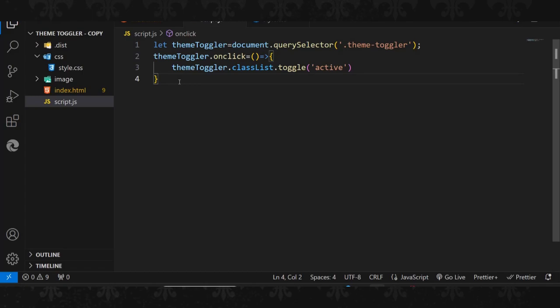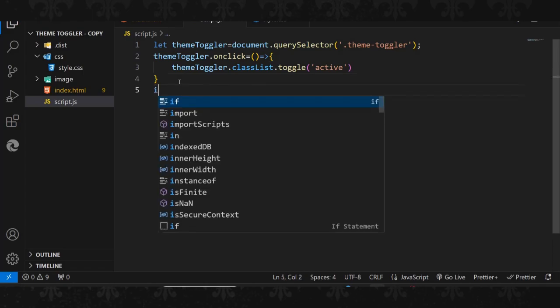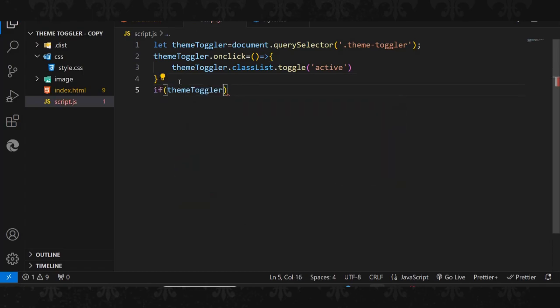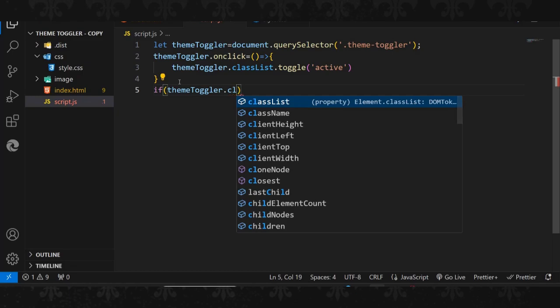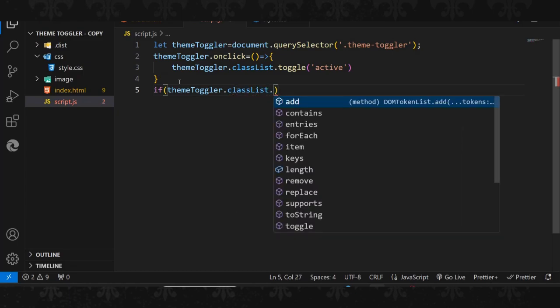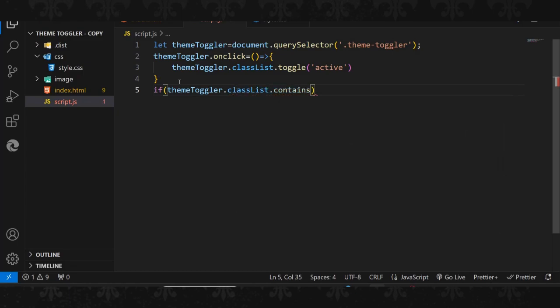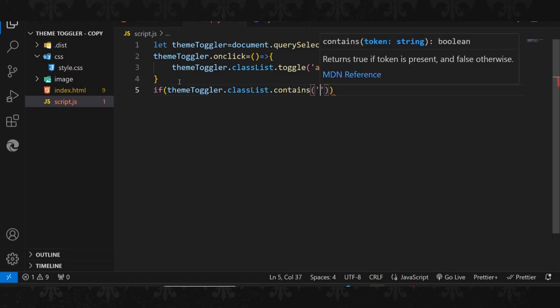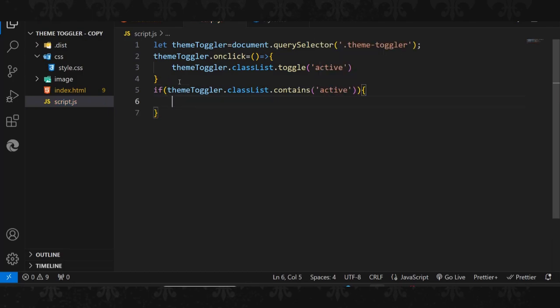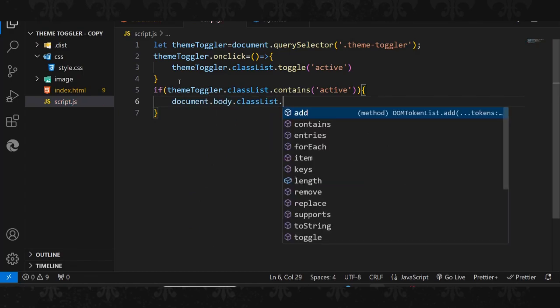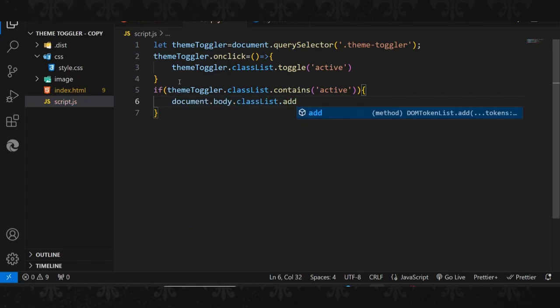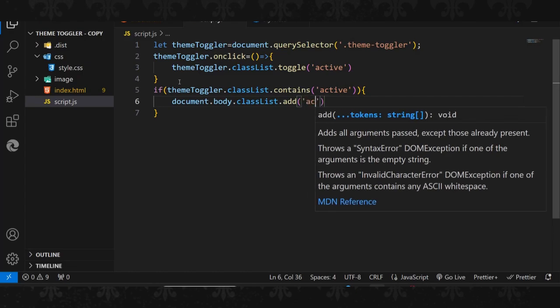I'm going to say if toggler.classList.contains('active'), then I'm going to say document.body.classList.add('active'), or else